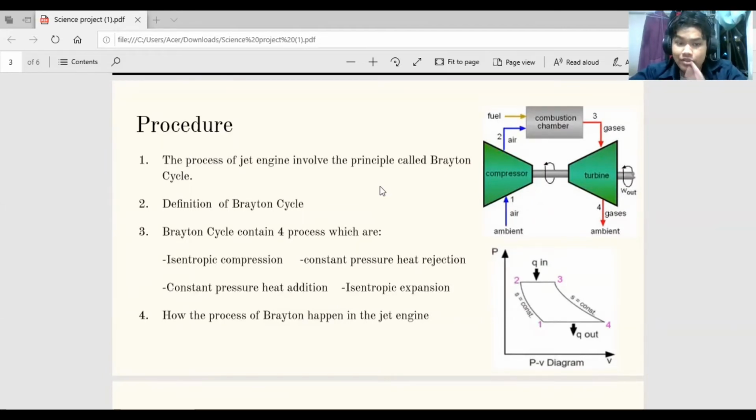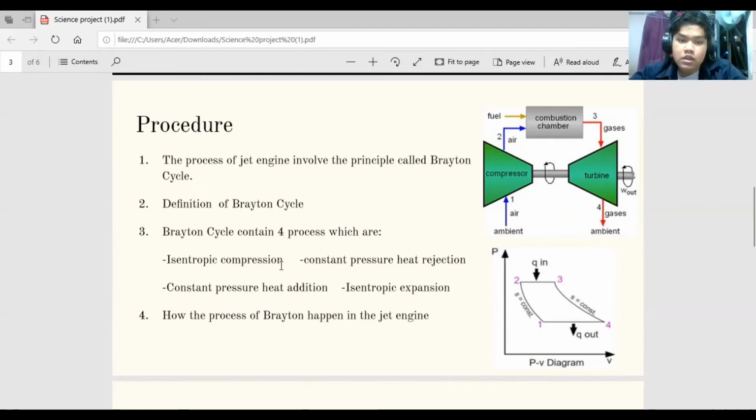And the Brayton cycle contains four processes, which are first, isentropic compression, second, constant pressure heat addition, third, constant pressure heat rejection, and lastly, isentropic expansion. Okay, how does this Brayton process happen in the jet engine? When this cycle happens, in order for the jet engine to convert the fuel fluid to the gas